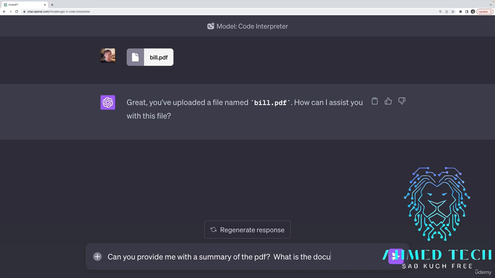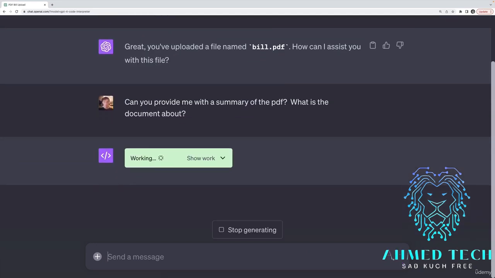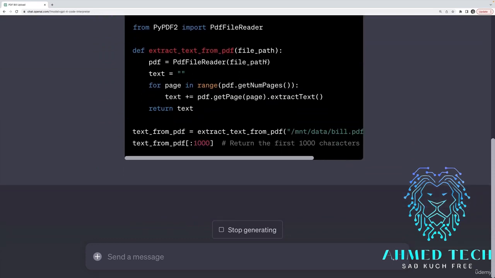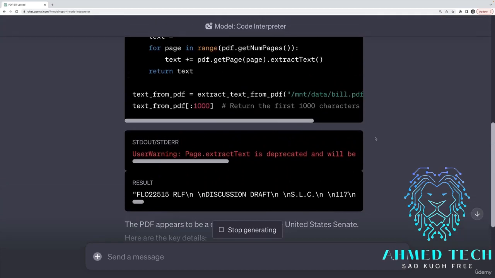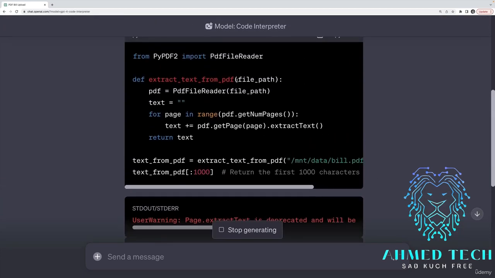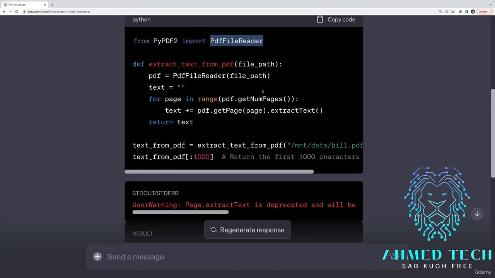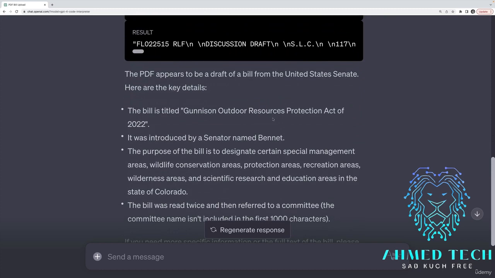What is the document about? And it can do this pretty quickly. If we look at the code, it basically starts by extracting the first 1,000 characters from the document. So it writes Python code using a library called PyPDF, and then it imports this thing called PDF File Reader. It reads the first 1,000 characters and then presumably summarizes it, and it tells us more